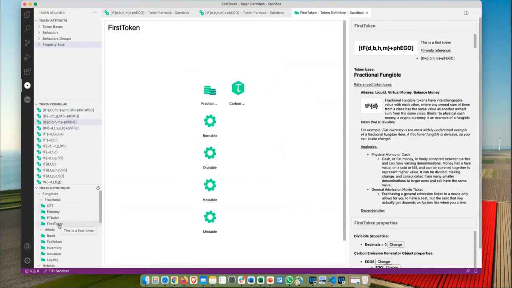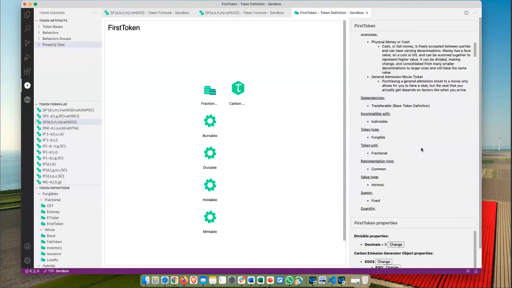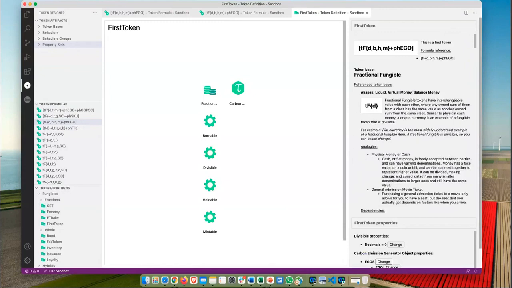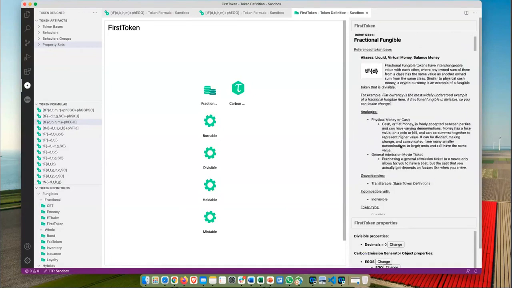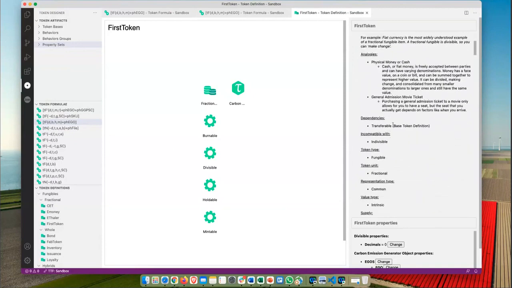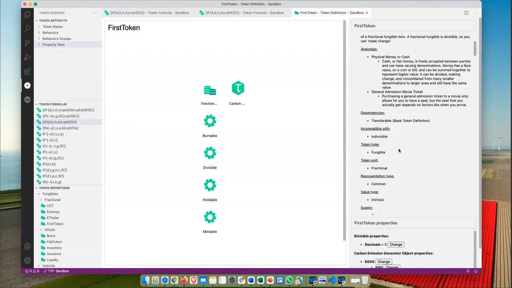On the left here, you can see now a full description of your whole token definition that comes from the tool. It starts here with the fungible token, the token base, alias with liquid, virtual money, a little description, some analogies that you can find in the real world, and then some dependencies.